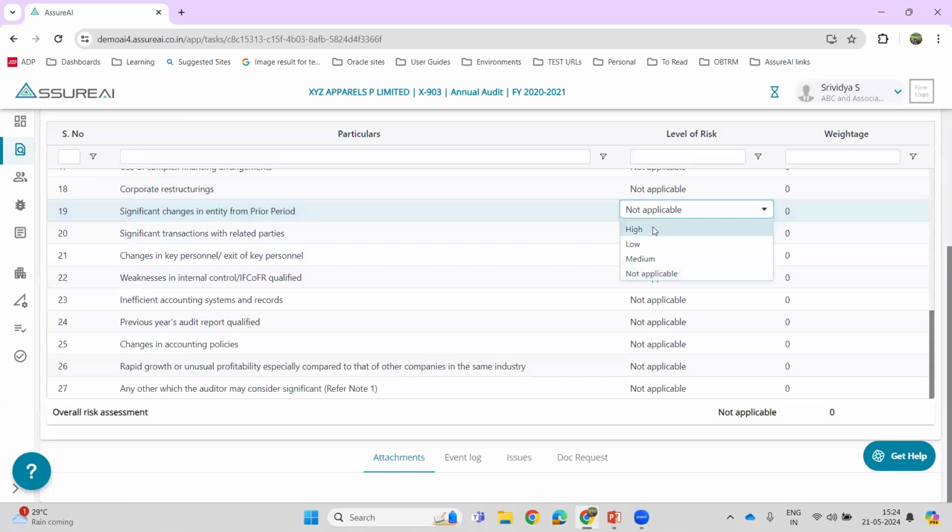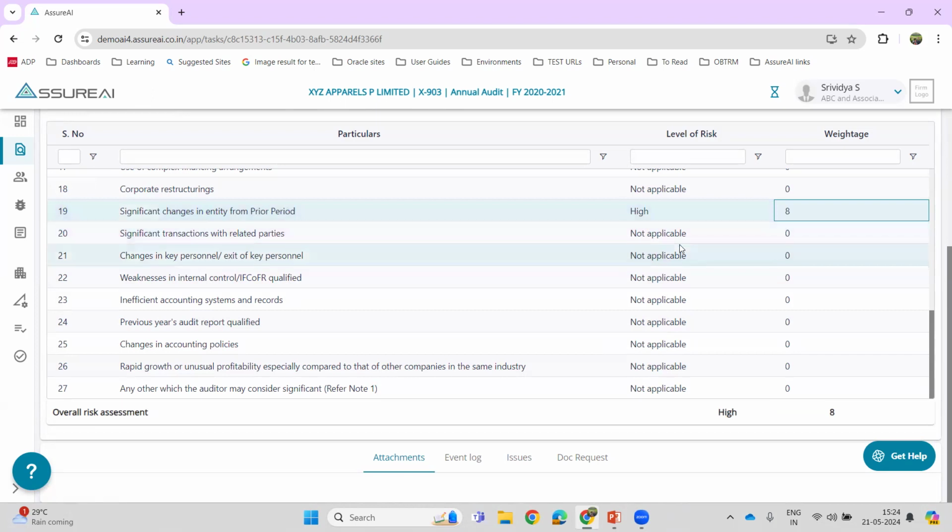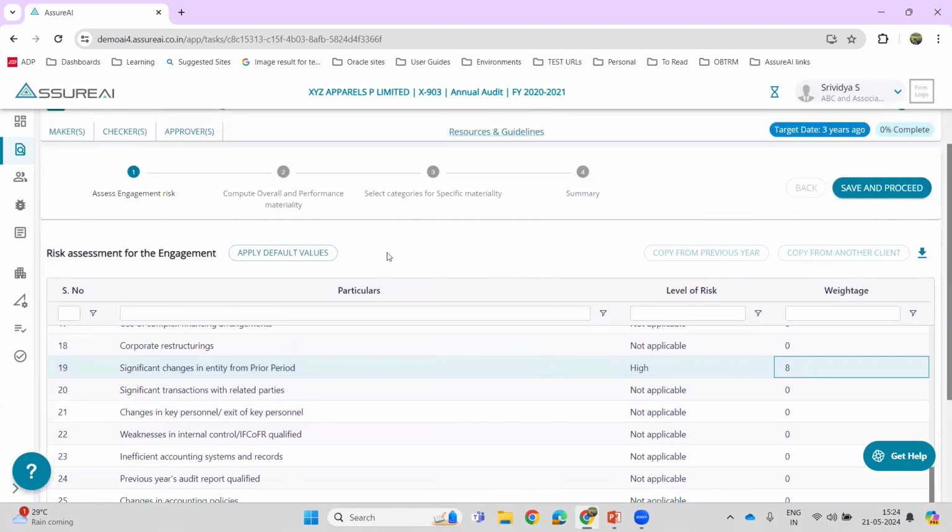So if the risk for this particular question is ascertained as high, then the drop down has different weightages. By choosing the level of risk and weightage for each of these questions, the system dynamically keeps updating the overall risk for the entity. Now AssureAI also gives a set of default values which can be used when the